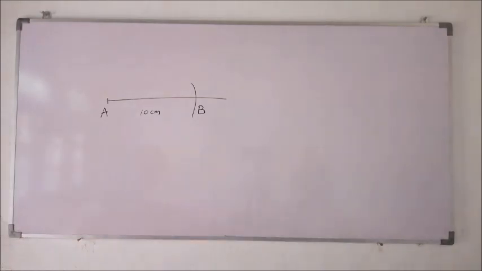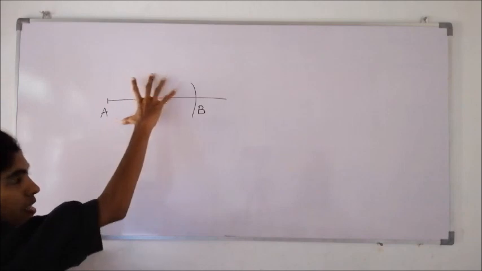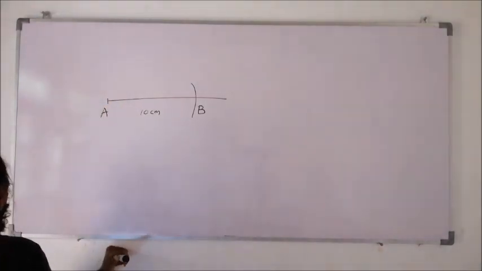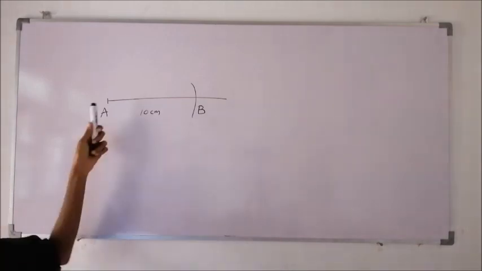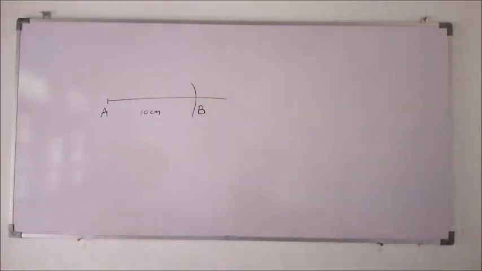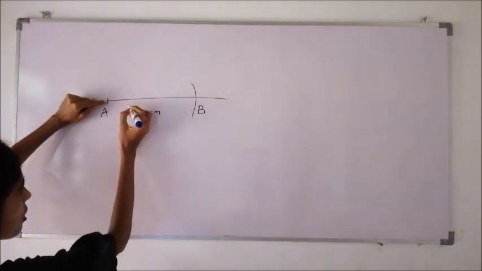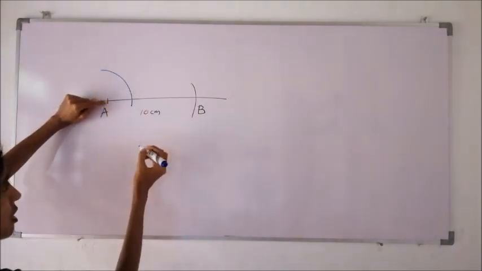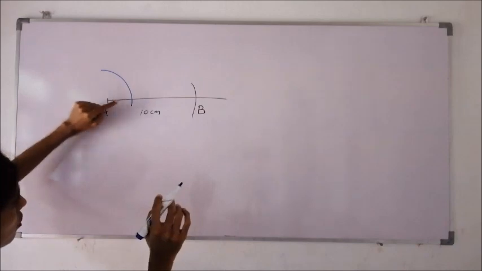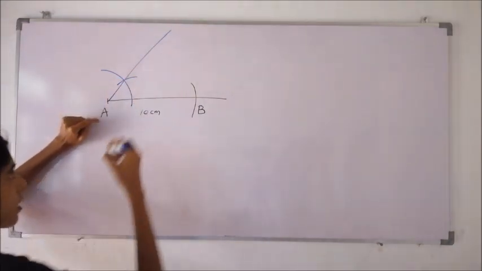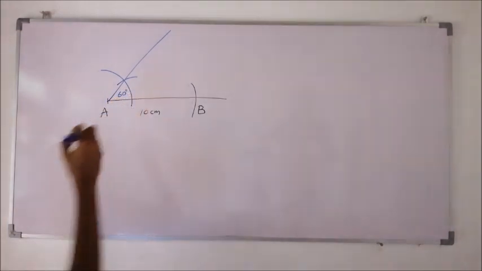So after that children, you are given some more steps. The same steps should be done in the same diagram. Problem number 2. Construct an angle of 60 degrees at A. At A, we need to construct 60 degrees. How? By keeping the middle point here, draw an arc segment. Without changing the length that you took, go to this new point, draw an arc segment. Right, this is 60 degrees.